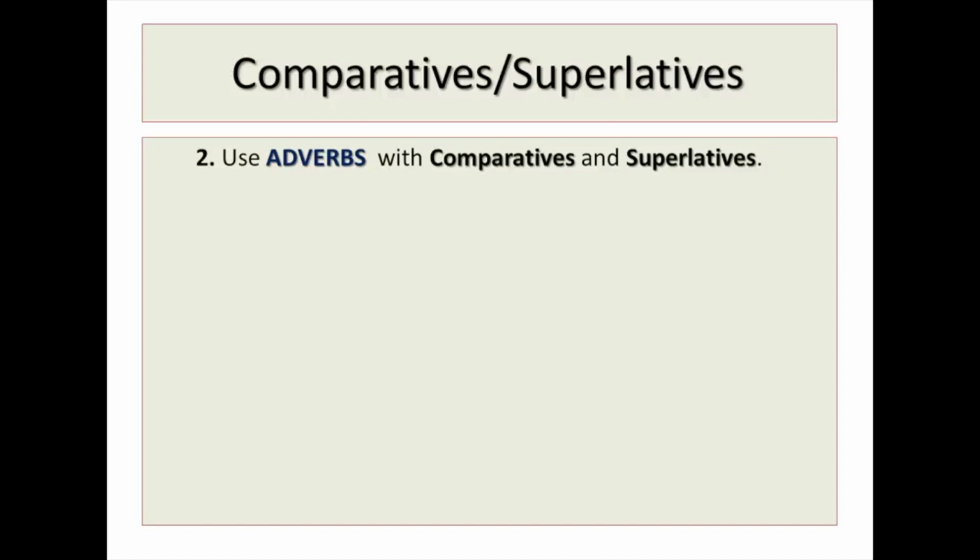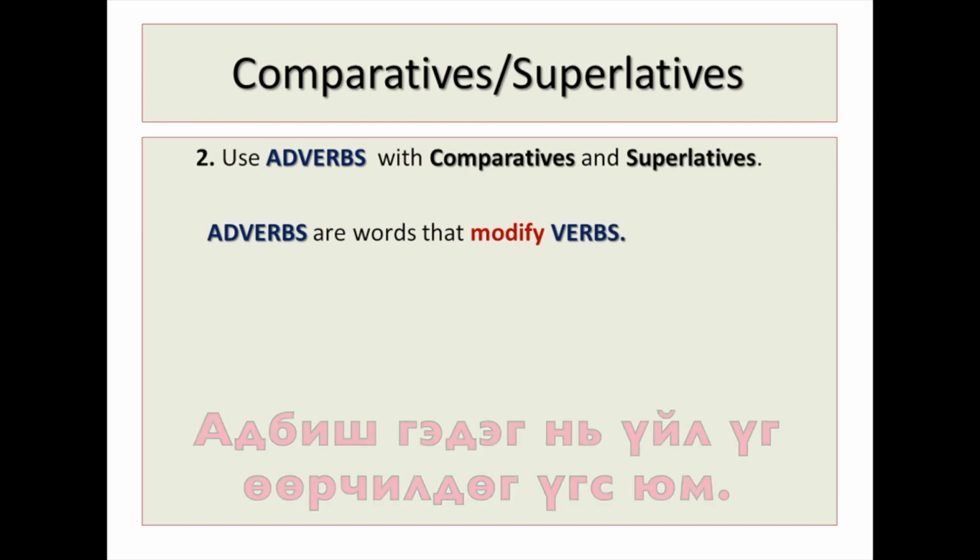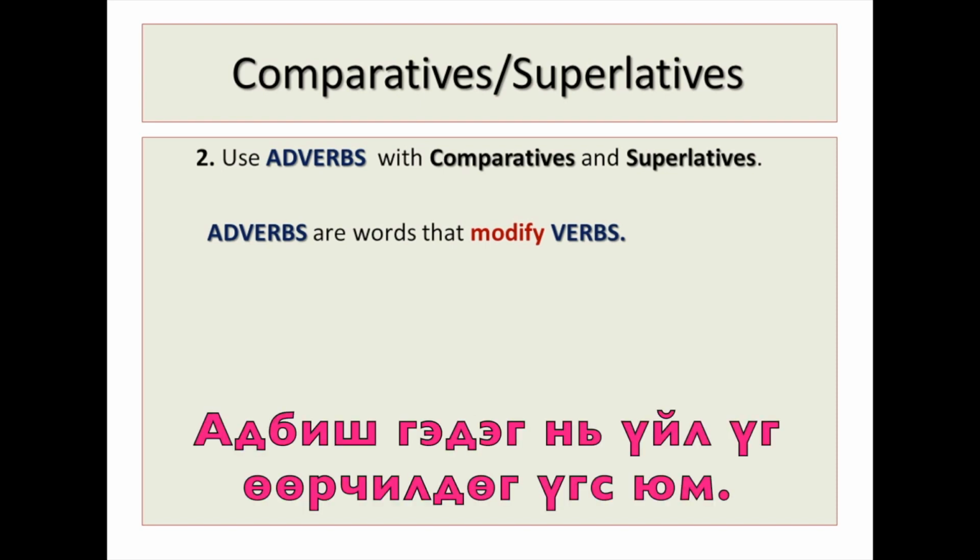Now let's talk about making comparative and superlative sentences in English using adverbs. The first thing we need to know is what is an adverb? And we can find out if we look that adverbs are words that modify verbs. Okay, adverbs modify verbs